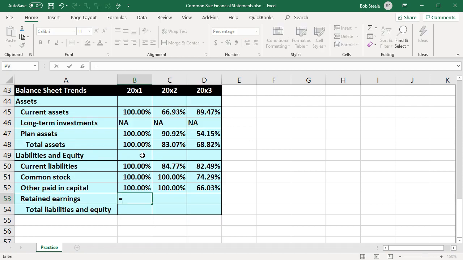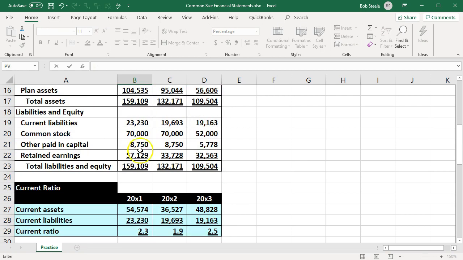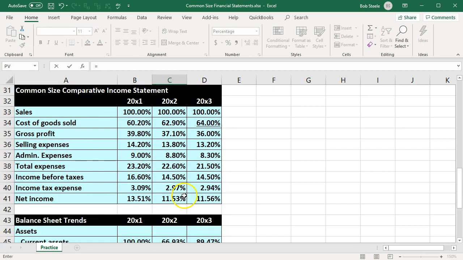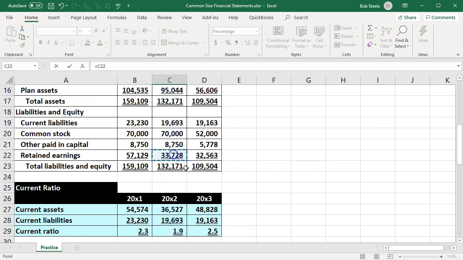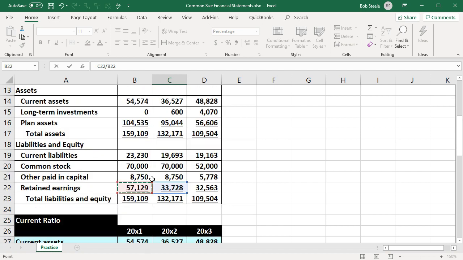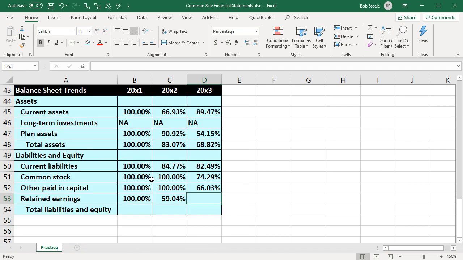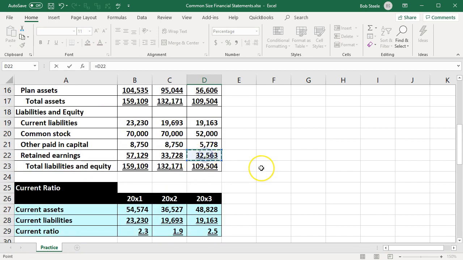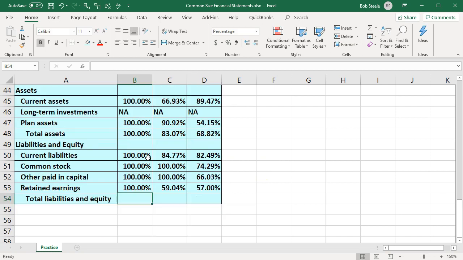Retained earnings equals, scrolling back up, the 57,129 divided by itself, tab. Retained earnings equals, scrolling back up, the 33,728 divided by the 2000X1 number, tab. One more time, equals, retained earnings, scrolling up, the 32,563 divided by the 2000X1 number, and then the totals equals,